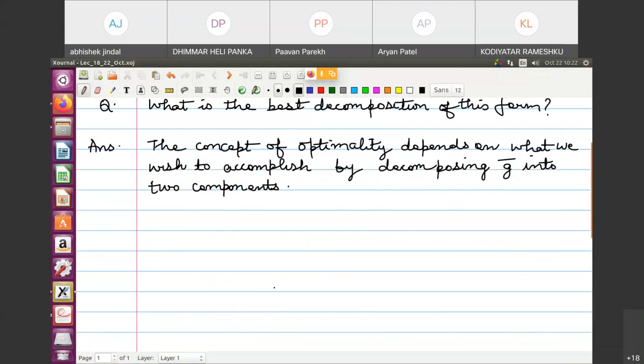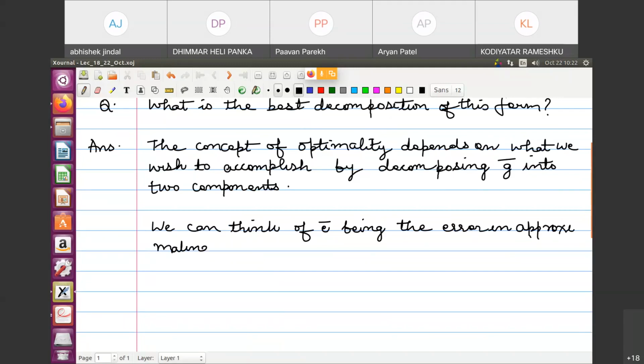The answer is that we can think of E being the error in approximating G bar by Cx bar. If we think that way, we can think of E bar being the error in approximating G bar by Cx bar. Hence, if we think like this, we can now define